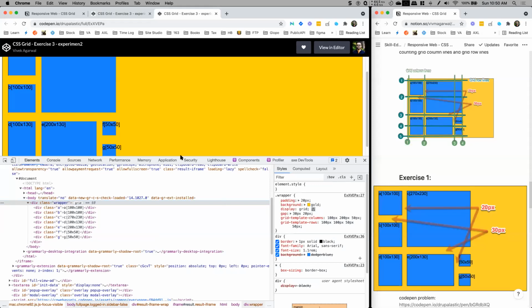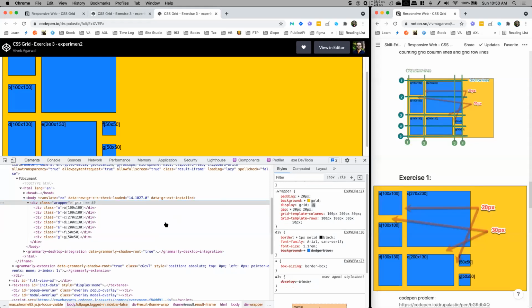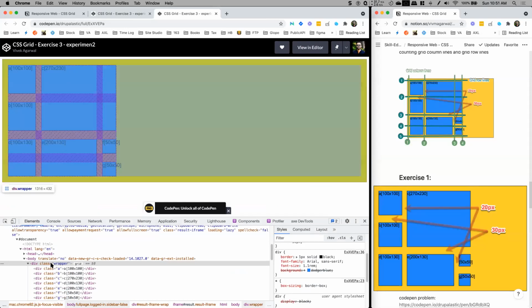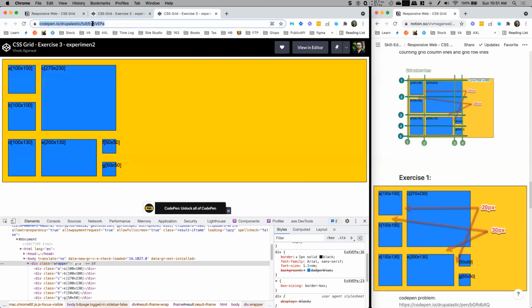Yeah, so the way Chrome does it is, when you hover over the wrapper, you are able to see a couple of lines, right? You can see the gaps and a couple of things. But if you see the same thing in the Firefox browser, Firefox,